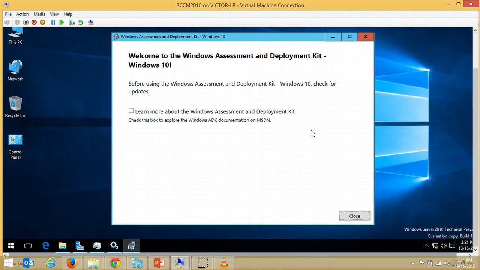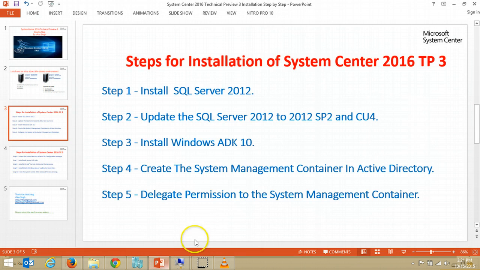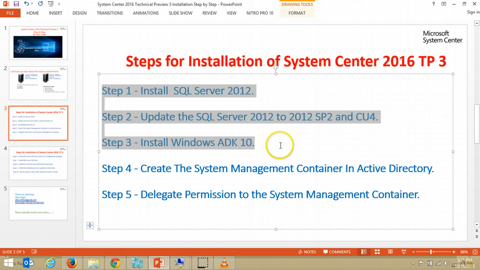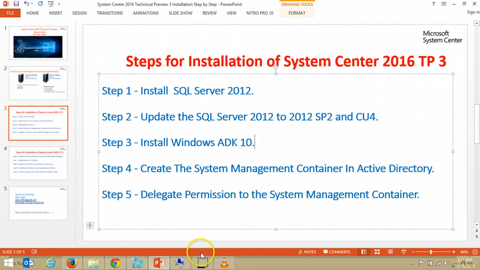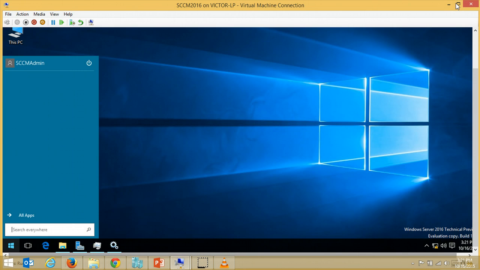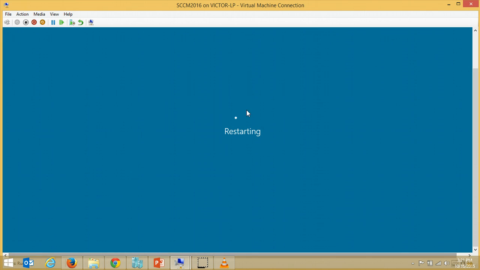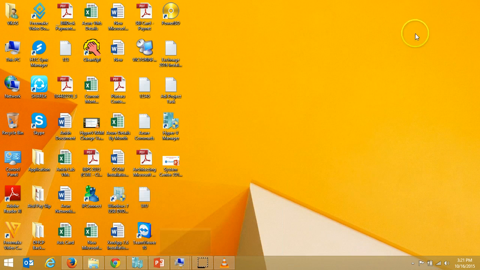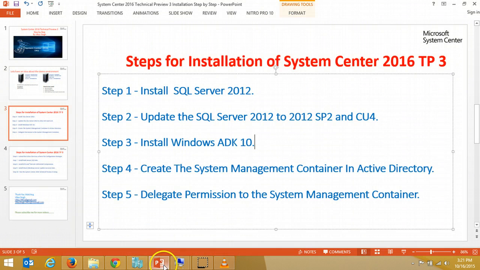So the ADK installation is completed. So we have completed the first three steps on the SCCM server. After installing these applications, I would like to restart the SCCM server once. So I'm going to restart the SCCM server. And in the meantime, while the server is restarting, I'm going to do the next step, that is, create the